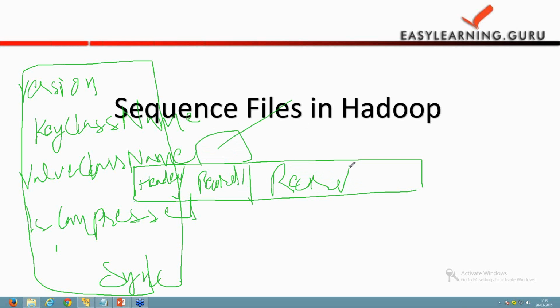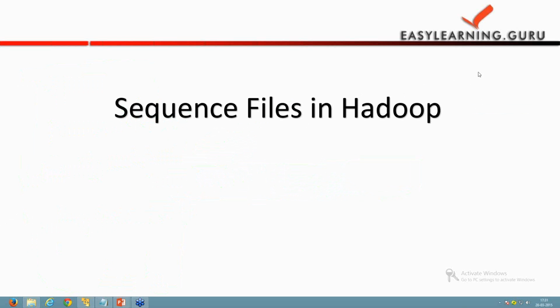Inside a sequence file we have a compression type. We have 3 types of compression in a sequence file: uncompressed, record-level compressed, and block-level compressed. If the compression type is none, the file is not compressed.